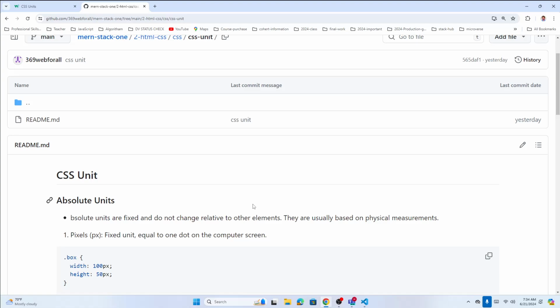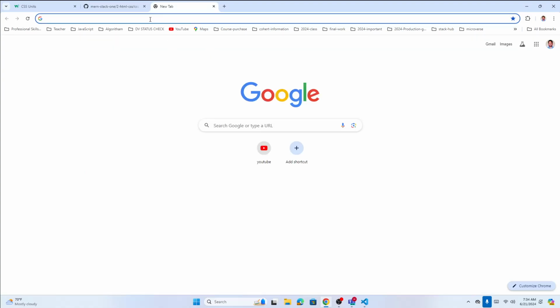So in our web development, we need to measure each element's size, like length or height, correct? Length and height we measure, right? Basically, we learned this in our box model, right? So in the box model,